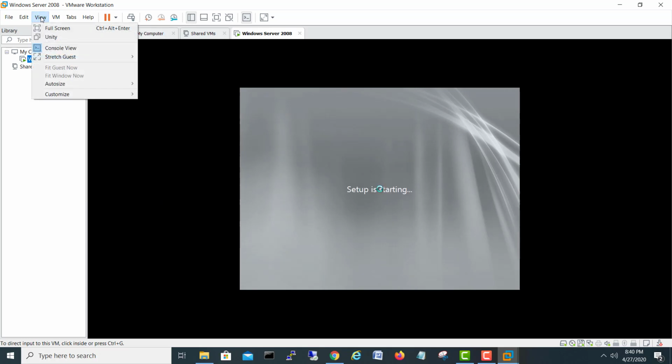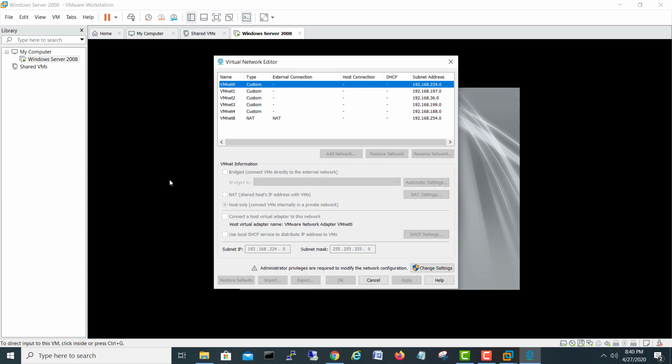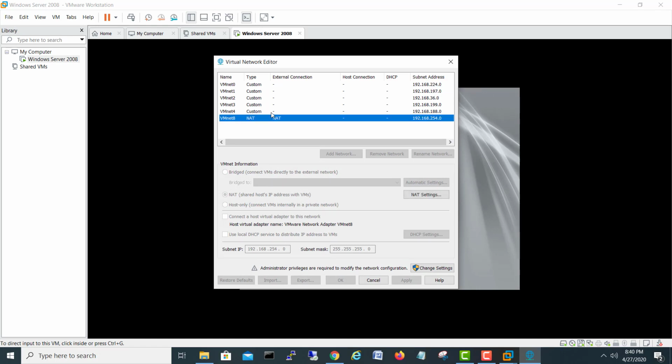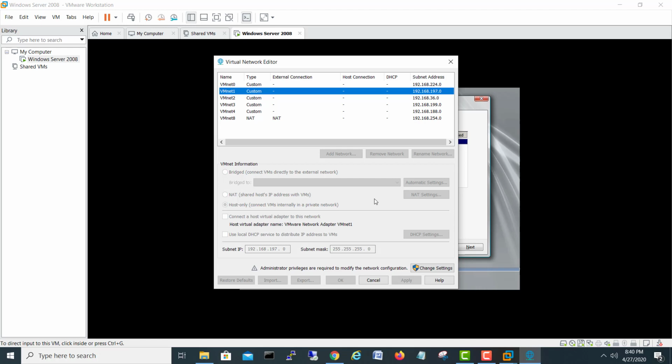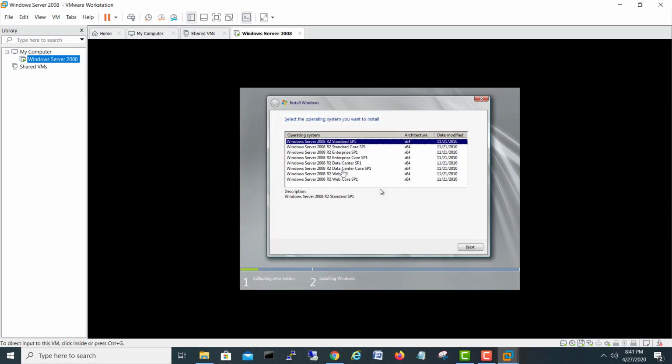If you go in VMs, view, edit, the virtual network adapter settings are here. See, all your network adapter settings, VMnet0, and NAT is enabled. NAT means the internal range will be different, and here is the NAT setting if you want to do it on this one. The internal range will be different, and when it passes through that switch out, it will change the IP addresses according to the public side. So NAT is different. These are the settings if you want to give a local DHCP, change your range, and all your machines will take IP addresses from here. So this is the